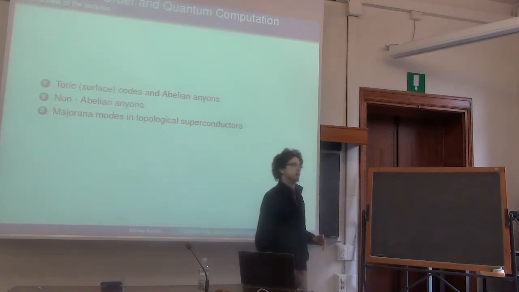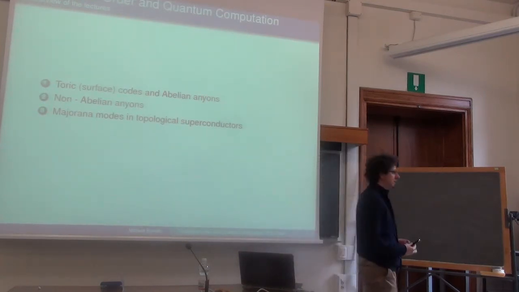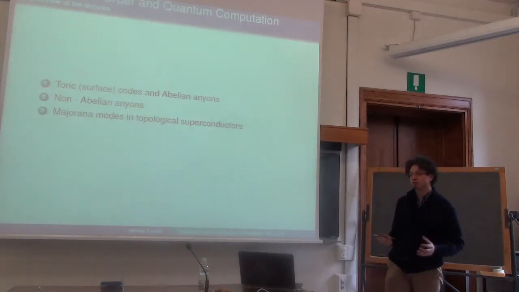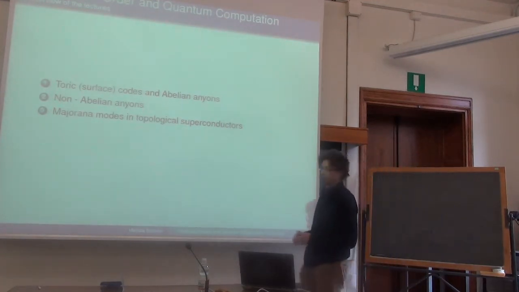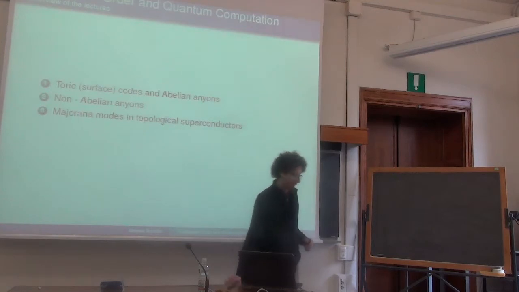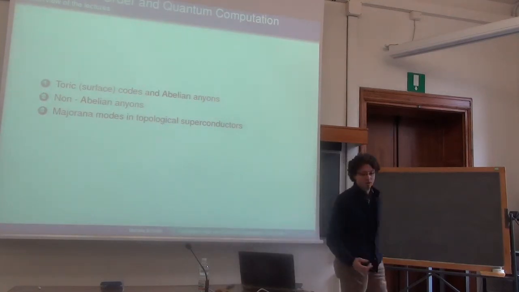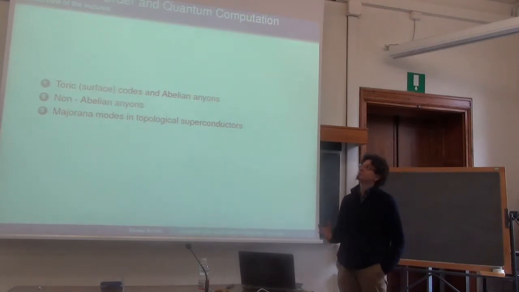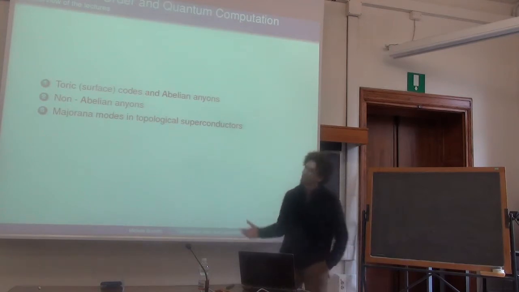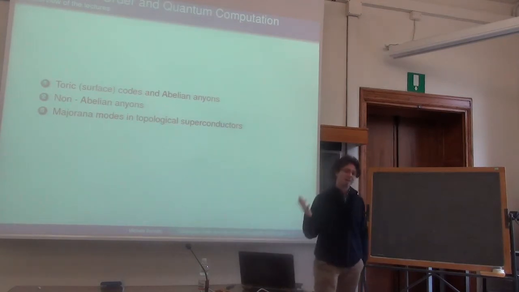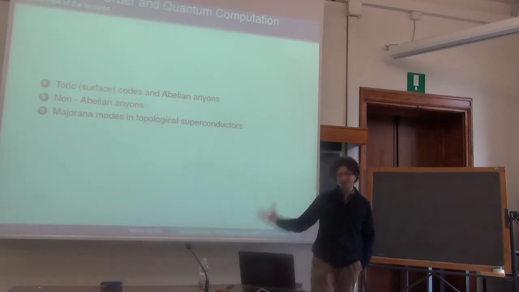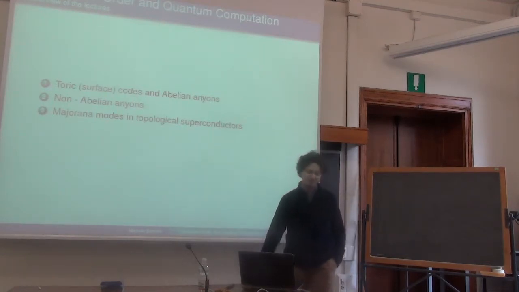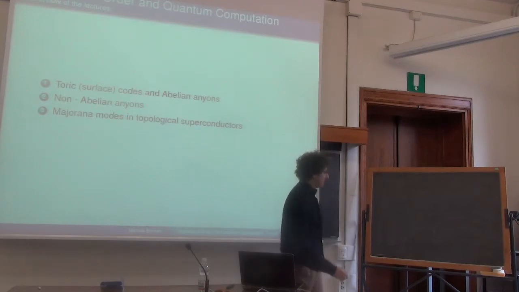This is because many people consider topological order like a new sort of paradigm for the study of phase transitions in general, and I don't know if this statement is really accurate because of course topological order is based on elements that were already present in physics due to lattice gauge theories and other stuff, but I think that it